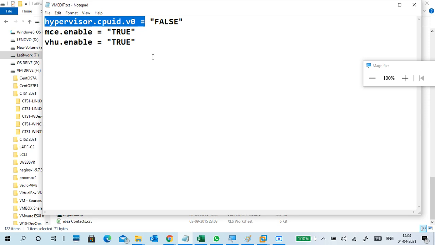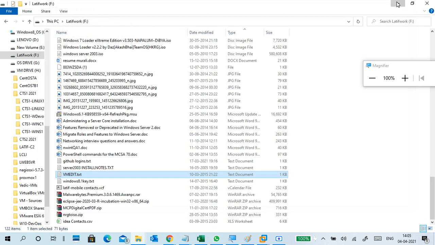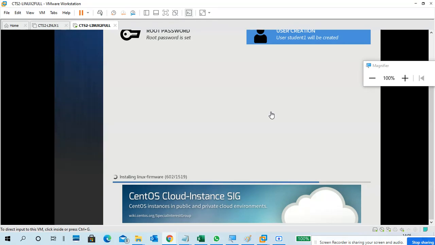Whatever CPU you have, that is not a virtual CPU. It is a physical CPU. So we are faking our virtual CPU into a physical CPU. Then we'll get nested virtualization. Okay, so it's still going on, there are a few more packets to complete.